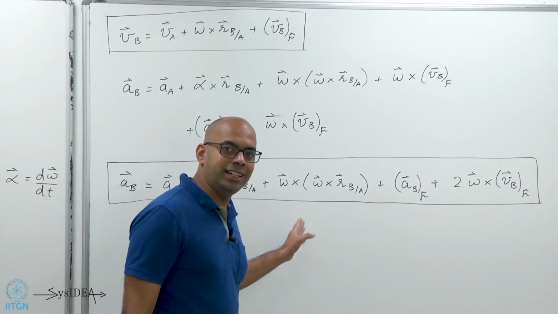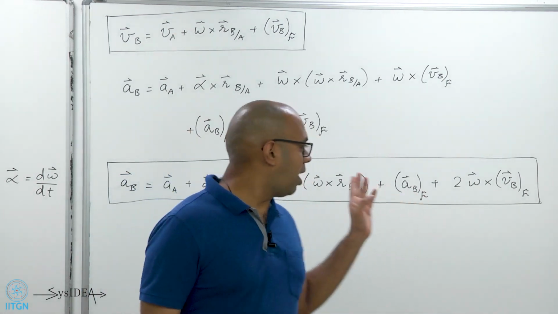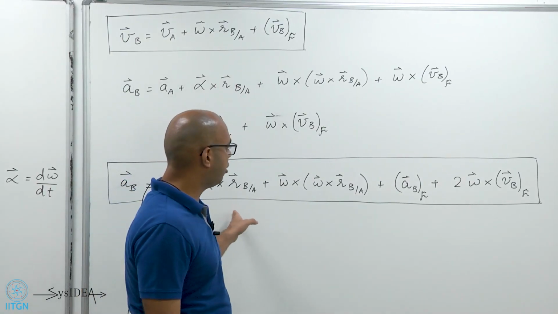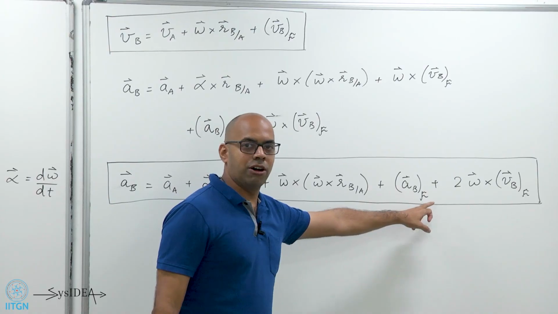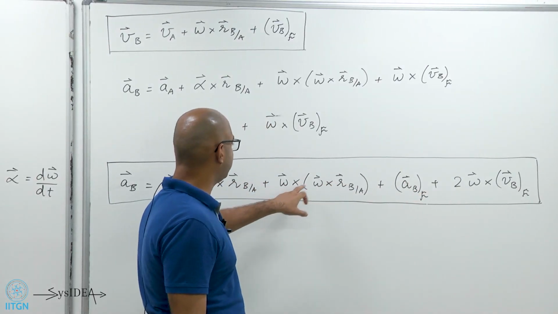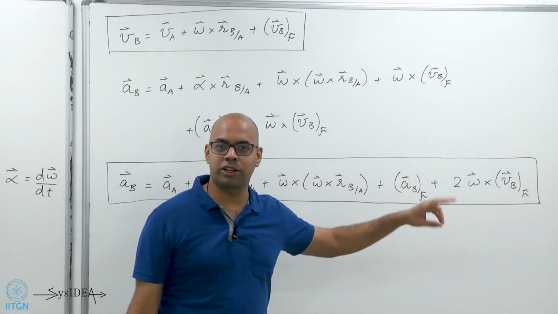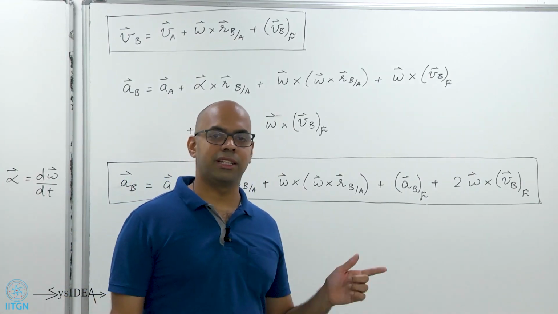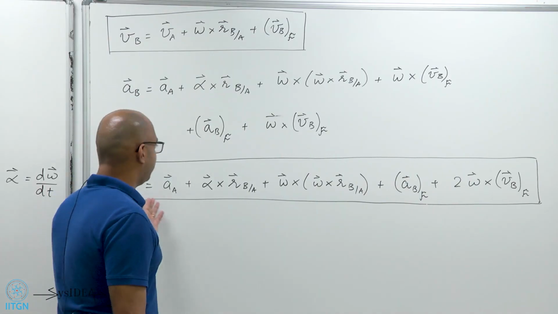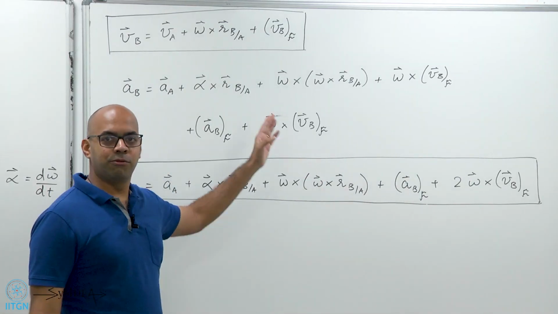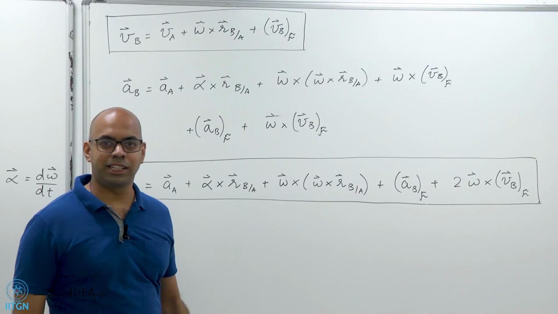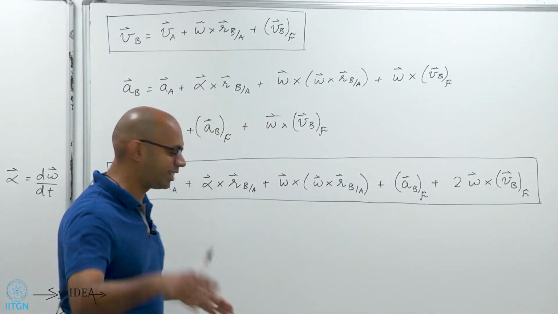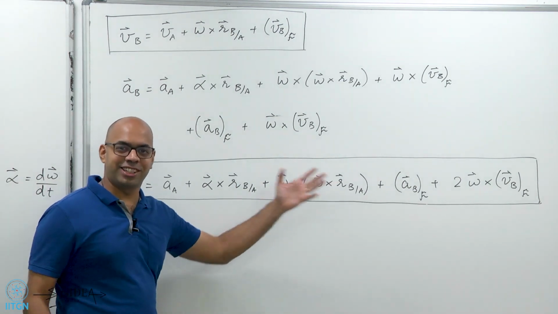However, the difficulty is really to apply these two equations. You really have to figure out how to set up your frames, what your angular velocities are, how to choose your points, how to choose your unit vectors. That is where, as I was saying, practice and experience helps a lot. So this is like Lord of the Rings. This is like one ring to conquer all the rings, but that doesn't mean you can wield that ring. Right, that ring can corrupt you. No, I'm joking, but it's a tough equation to handle.